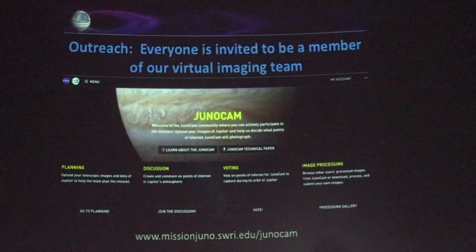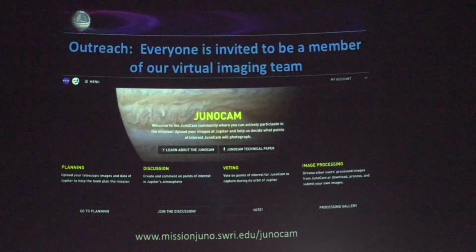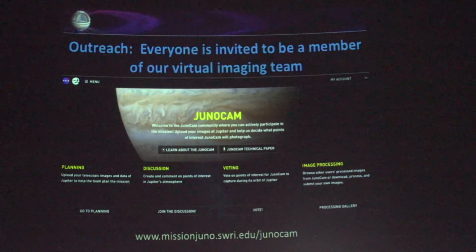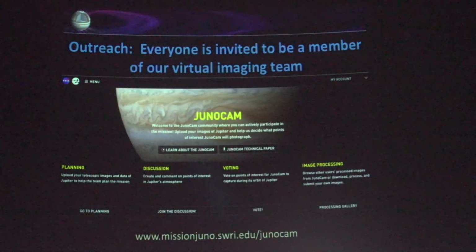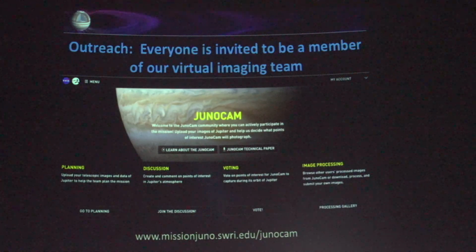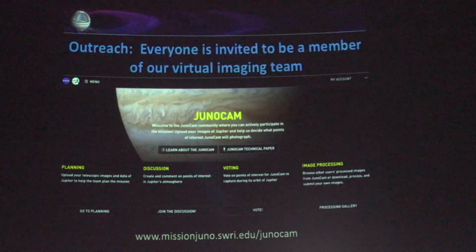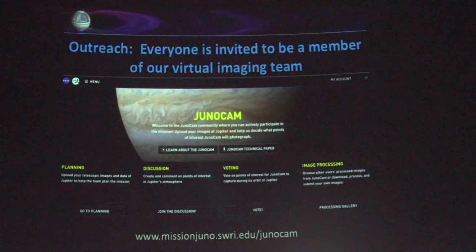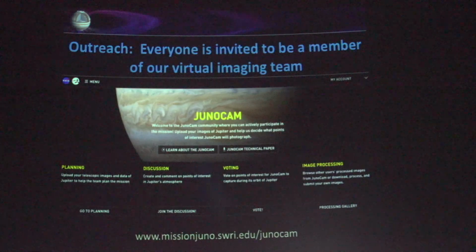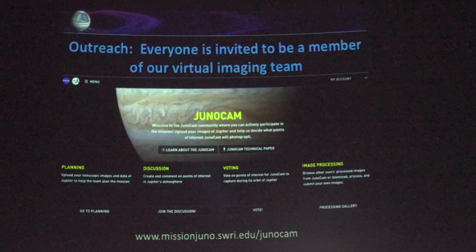So because of this vision that we were going to really invite the world to be a part of the mission, and that we wanted to give people a way to participate, not just observe, we spent a fair amount of time thinking about what does it take to run an imaging experiment on a spacecraft. What's required? Well, you have to do some planning. You have some discussion. Now, up here I say voting, but in my life, in previous teams, voting is more like being in a conference room and arguing, maybe rather loudly. So voting is a nice way for the public to be involved. And then the final step is